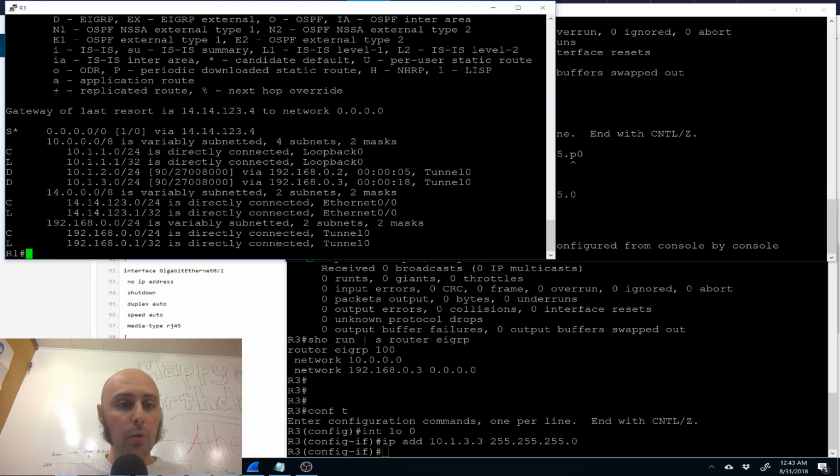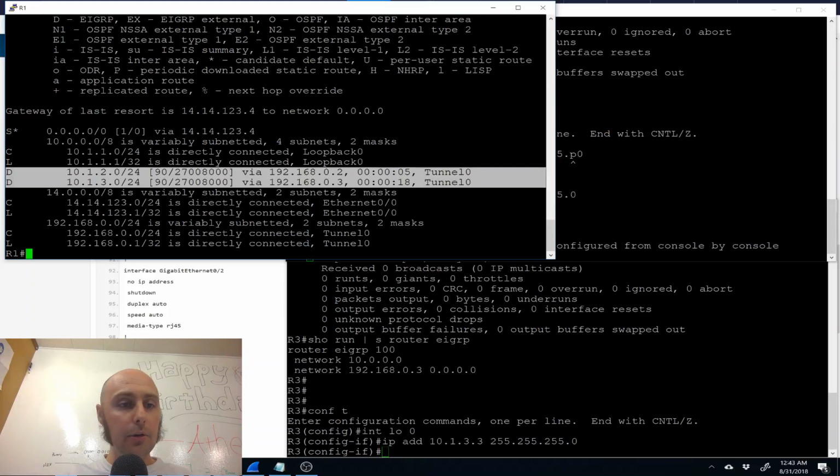Now we come over to router 1, which is our hub, and do a show IP route, and now we see we are, in fact, learning and installing our new prefixes. So that was pretty good. It was pretty good because